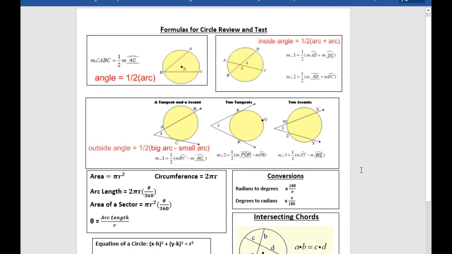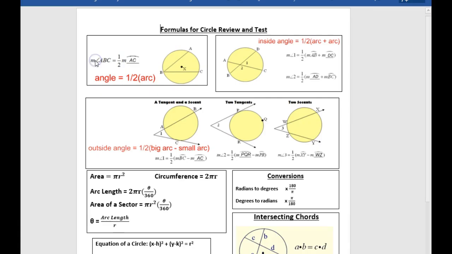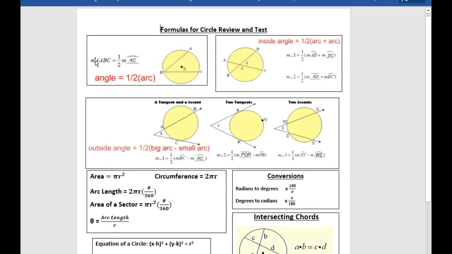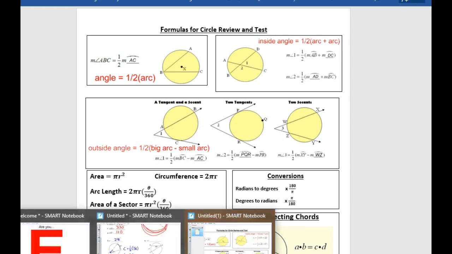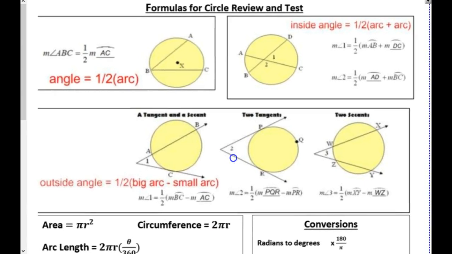Okay, so the one we just did, let me just put this on a smart notebook. Cool. So, what we just did, and you're going to have literally this sheet on your test, is right here,